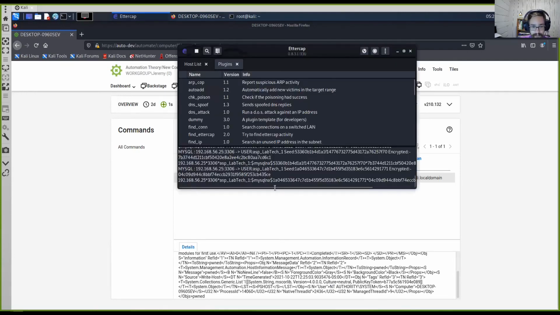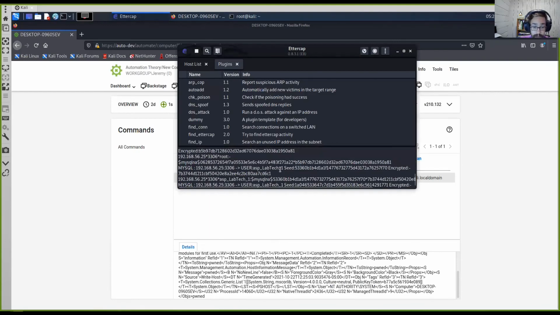on the LAN. And if we go back, I don't know that we have, actually we do have a root hash. So over that couple minutes there, we did manage to actually pick up the root user hash. So that's all there really is if you are running an old version of MySQL or not using encryption. So with that,